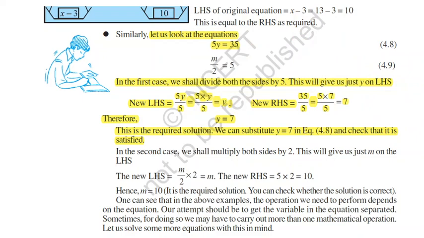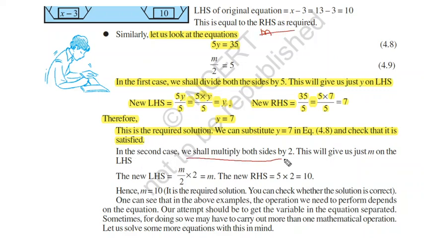So now we will take the last example, then we will move to the exercise part. So we will take another example. So suppose m by 2 equal to 5 and you have to solve the equation. That means you have to find the value of m. Now what will you do here? Who is creating a problem? Divided by 2. So what we will do? You will multiply 2 in the LHS and multiply 2 on RHS. So let's start multiplying. First we take it.